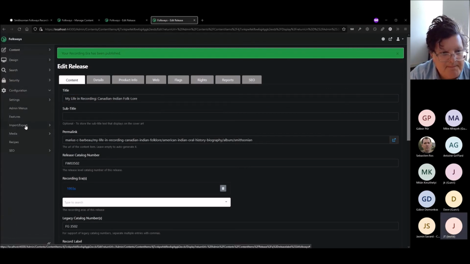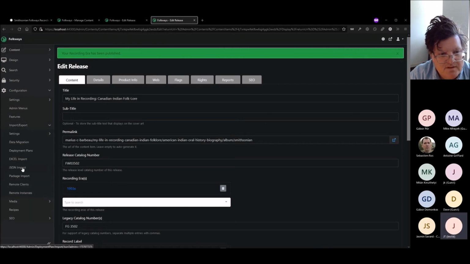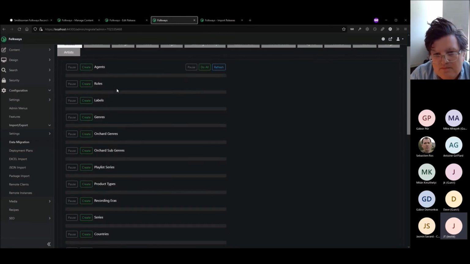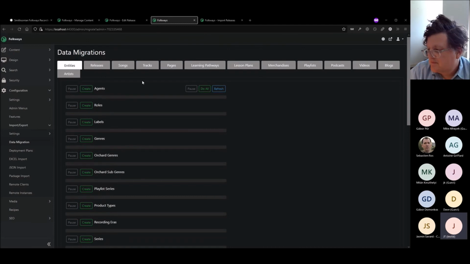And for migration, we made a new UI to migrate from Orchard 1. You can go to configuration, import, export, just to see. Here we can import from an old database all the entities we need into a new fresh setup site. You see all the tabs, and you have to configure a connection to the old database. And it is in the background, in an HTTP background job. So when you click, you have the page immediately rendered, and you can see the progress bar in action.